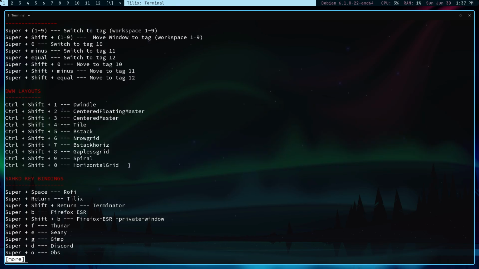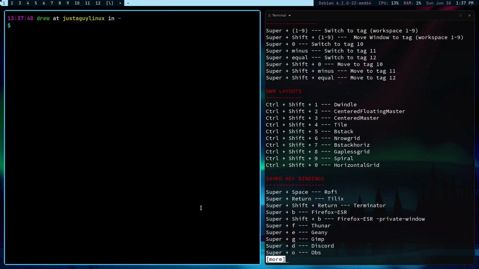So this is basically kind of like the flagship, if you will. I don't know if that's the right word, but I'm using the dwindle layout. But the default layout is tile. So if you want, you can try it. You can do it by using Control Shift 4. Go ahead and show you that. So you can see up here that it has changed. So I'm going to go back to 1, and then Super Shift Enter, and that's a different